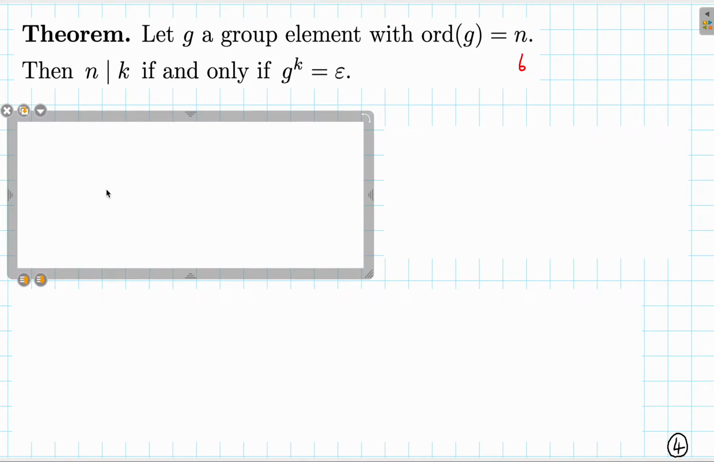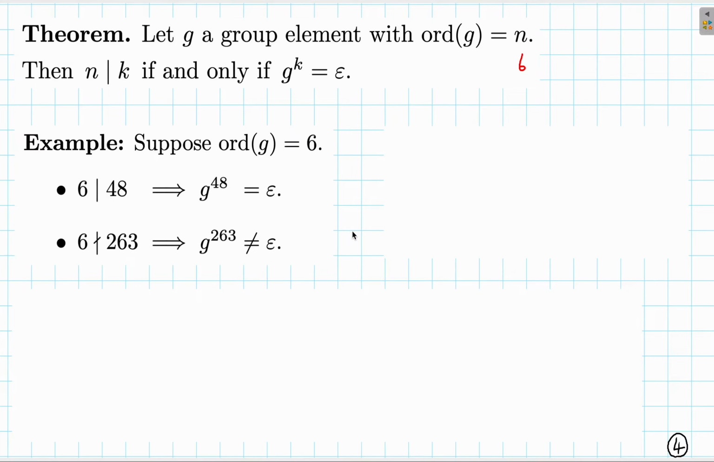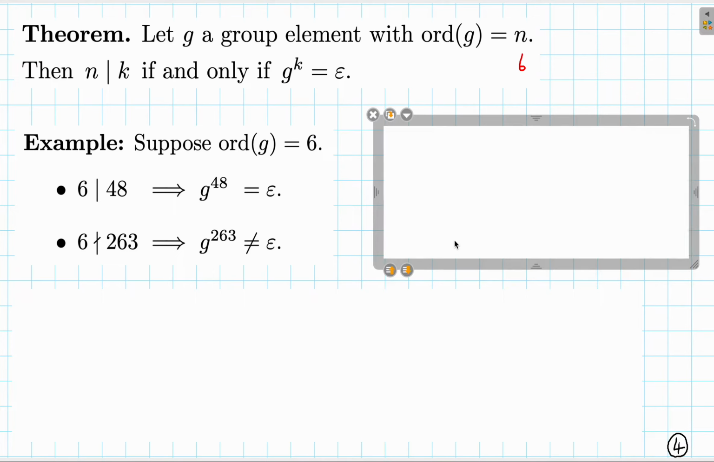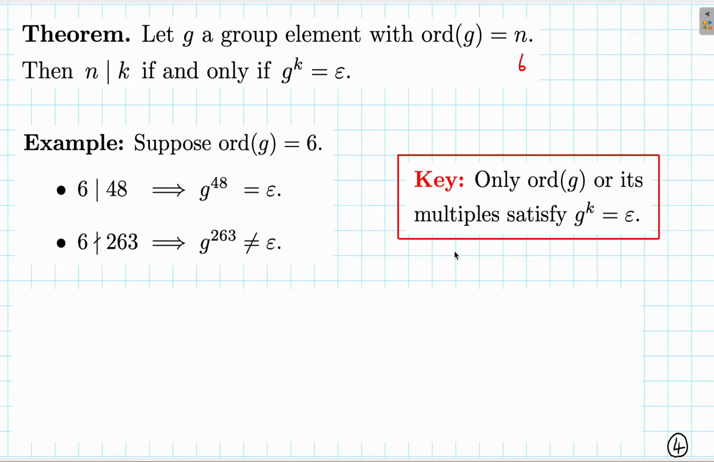So for instance, we just saw the case where the order of g was 6, and we saw that because 6 is a divisor of 48, g to the 48th was the identity. And because 6 is not a divisor of 263, g to the 263 was not equal to the identity. And so to summarize, only the order of g or its multiples satisfy g to the k equals the identity element. And so we're going to talk about the proof of this theorem,